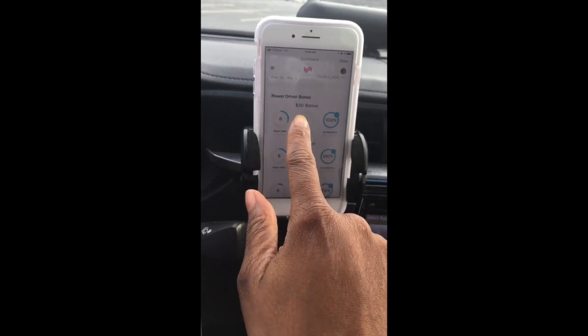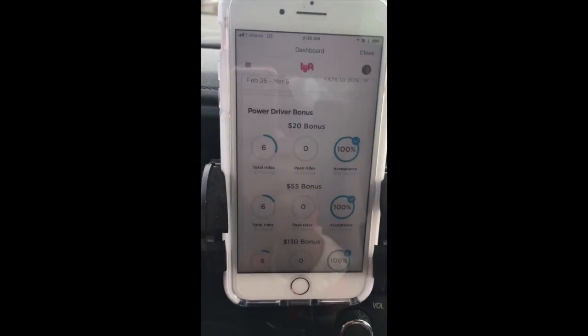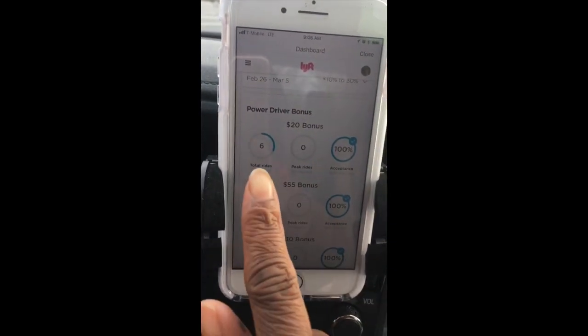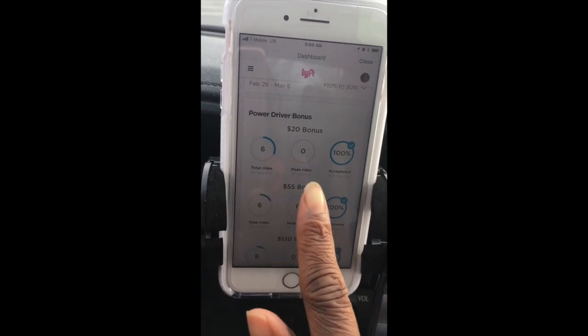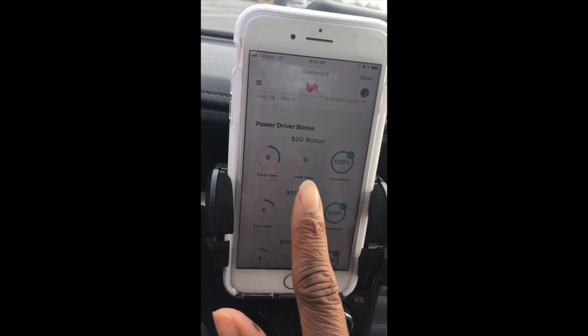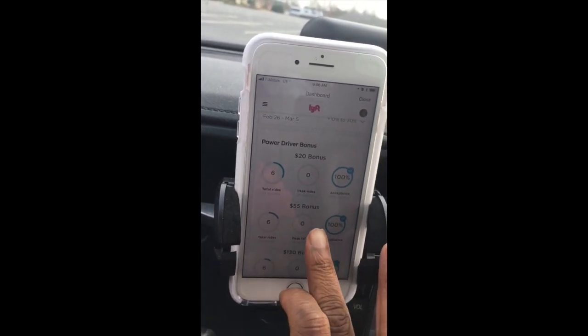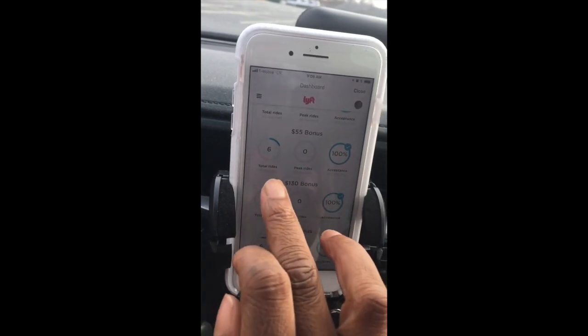Like this one, at the end of the week, or after you achieve this, they'll give you a $20 bonus after you complete 20 total rides, each of which has to be done during peak hours. I'll get to that in a second. And like I said, your acceptance rate has to be above 90%. This one right here,